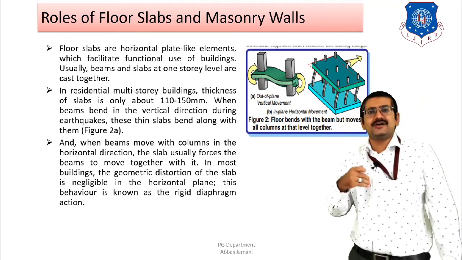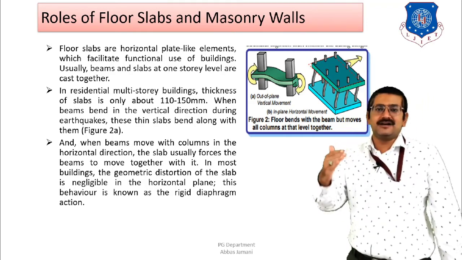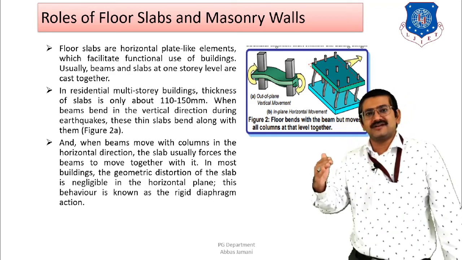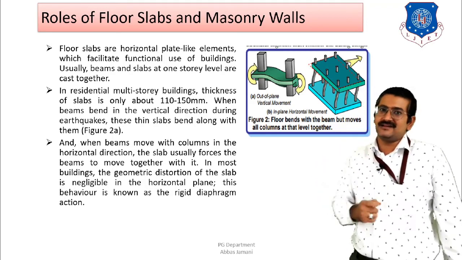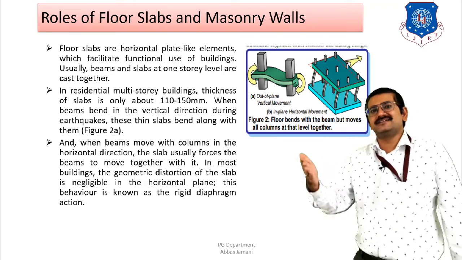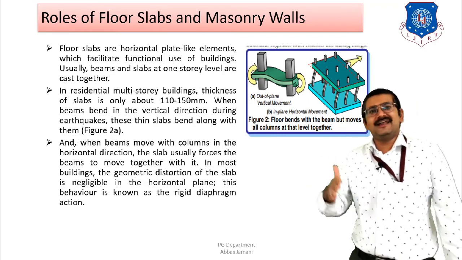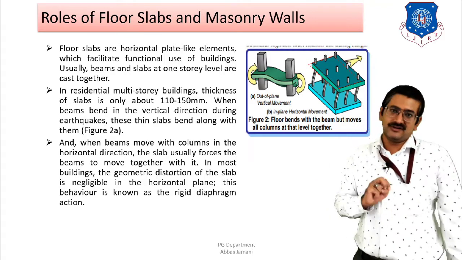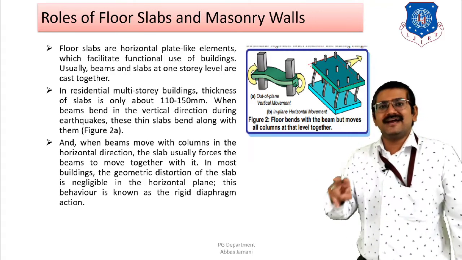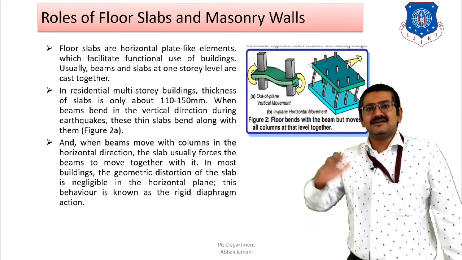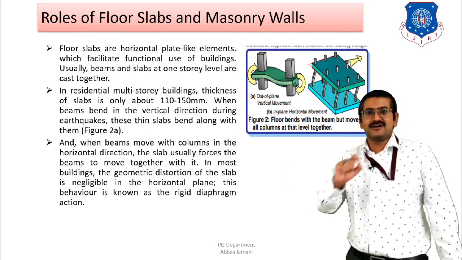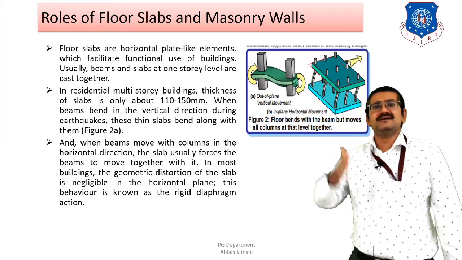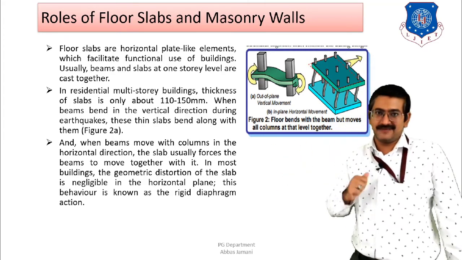So whenever the columns undergo displacement, then due to the displacement of the columns, the beams are also likely to undergo displacement in that particular direction, whether it is x direction or z direction. And whenever the beams undergo displacement, since the beam and slab are monolithically casted, along with the movement of the beam, the slabs are going to be moved. So if you look at the chronology of the movement, first the columns will displace, then beams will displace, and then the slab will displace.